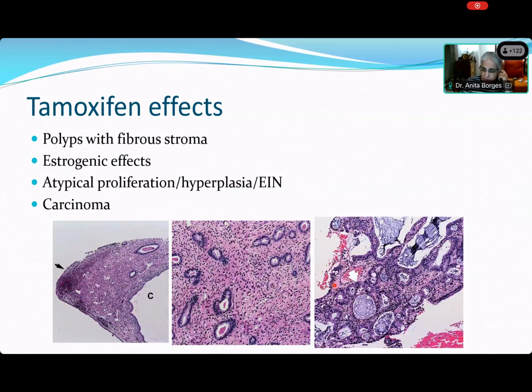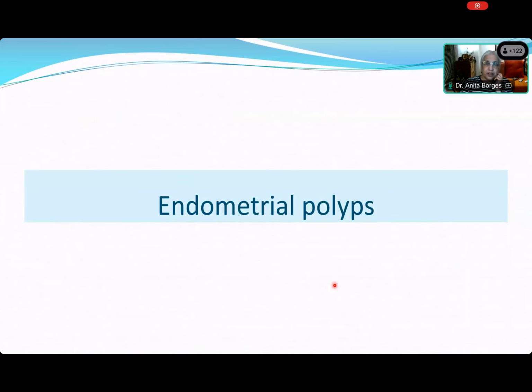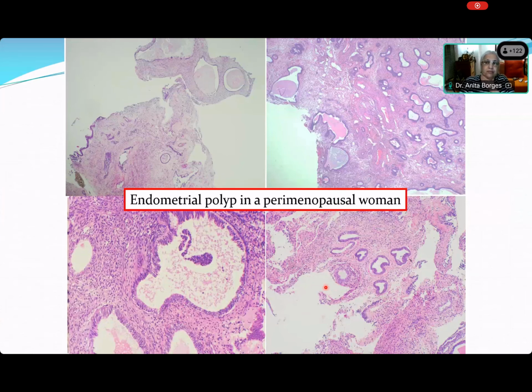All right. These are tamoxifen effects. I don't think that we should waste time on that. You have an endometrial polyp. Now these polyps can occur in patients who have got atrophic endometria. They can occur in patients who have got hypoplastic endometria. But the important thing about the polyp is that most polyps show you what you can see over here. You will see very thick-walled blood vessels. Yes, thick-walled blood vessels are very typical of a polyp.